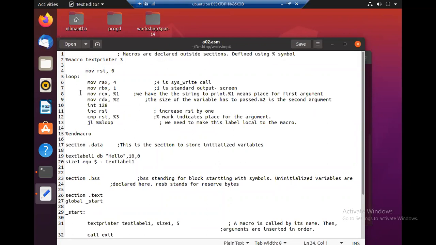Not only that, we have to declare two percentage marks here also. What the double percentage mark does is make the label have local scope.